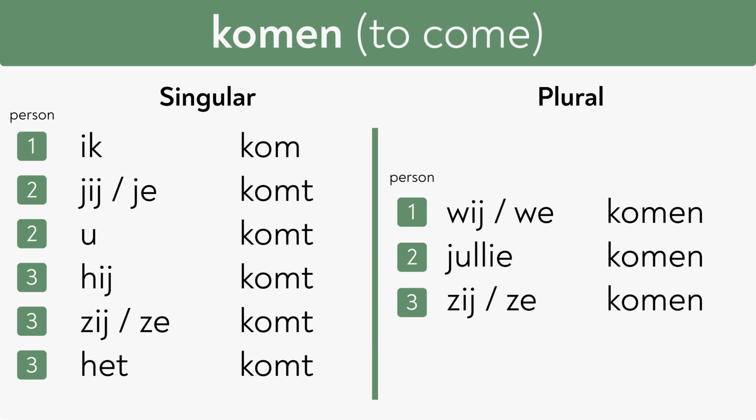For the verb komen, we don't need to keep the vowel long for the stem. So komen won't be koom, but just kom. And then it conjugates to ik kom, jij komt, u komt, hij, zij, het komt, wij komen, jullie komen en